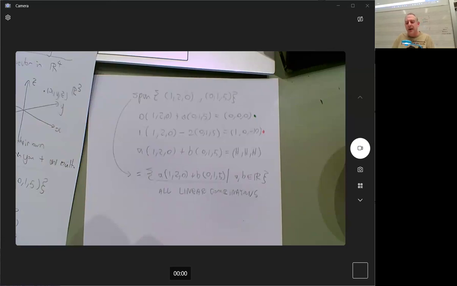So when you start thinking about being able to make certain shapes from the vectors we've got, that's also the idea of spanning. So if I'm thinking of a plane, can I find some vectors that span that plane? And that is a good question. And so one of the reasons you might want to do that